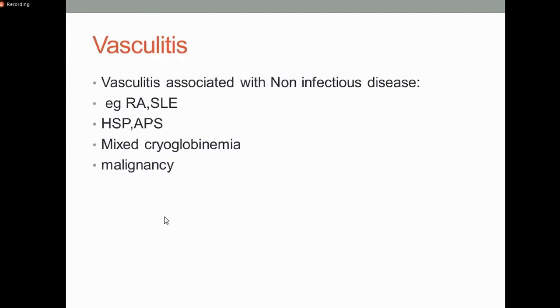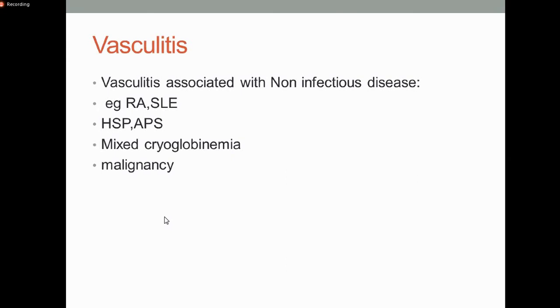Now, before coming to the slides, let's recap a little bit. First, we covered the definition, then we covered the basic pathogenesis, basic hardcore facts about vasculitis. Then we covered the types of vasculitis. We said that it depends on the caliber of vessels, and classification can be large, medium, and small. And after that, I told you that vasculitis can be classified according to type of inflammation as well,